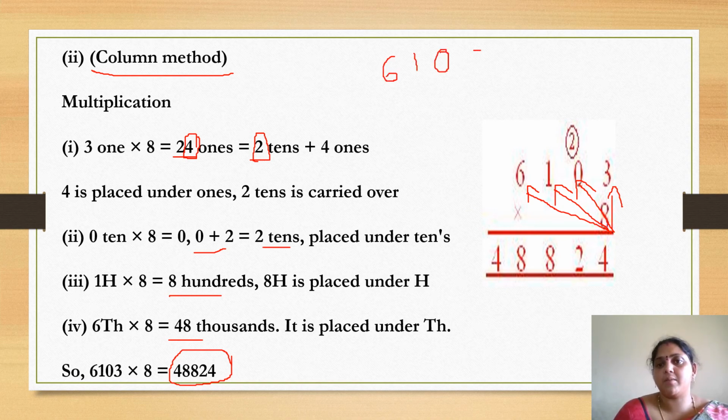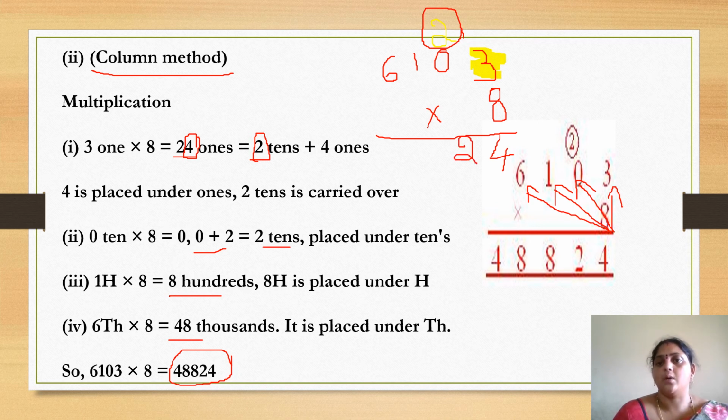6,103 should be multiplied with our multiplier 8. So when we are multiplying it, first you have to multiply this number with our ones place value. So 8 into 3, what is our answer? 8 into 3 is 24. 4 should be written down and 2 should be written up because we are carry forwarding it. Now 0 should be multiplied by 4. When you are multiplying 0 with 4, you will be getting 0. So what is our carry forwarded number here? It is 2. So write that number down.